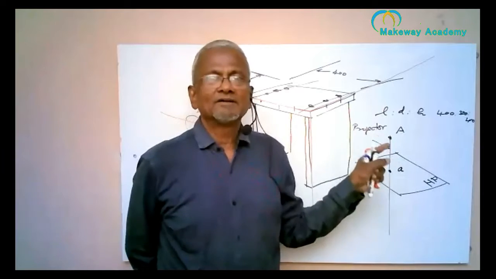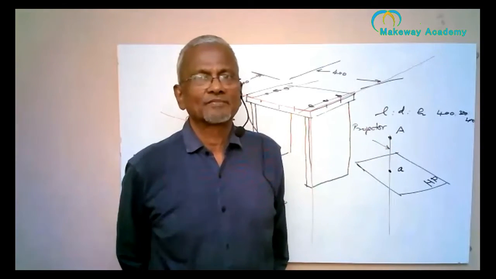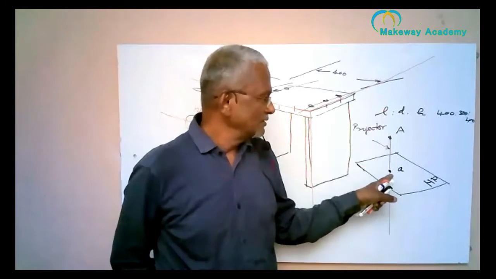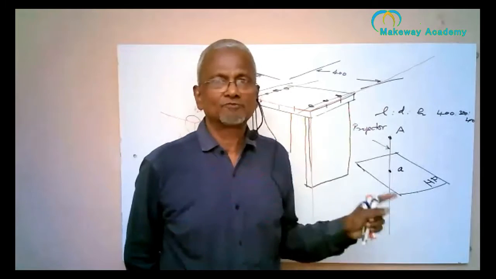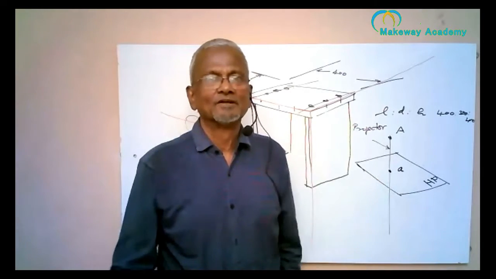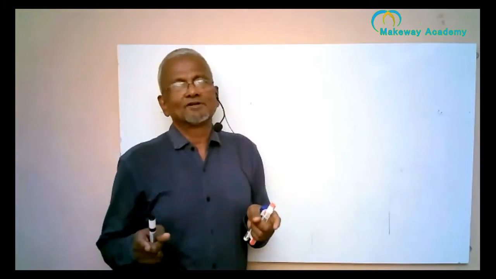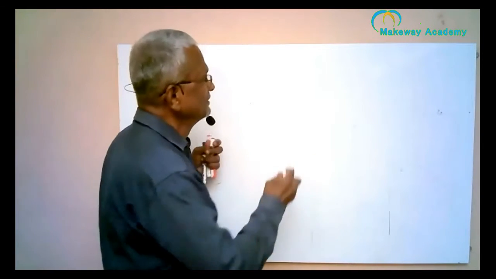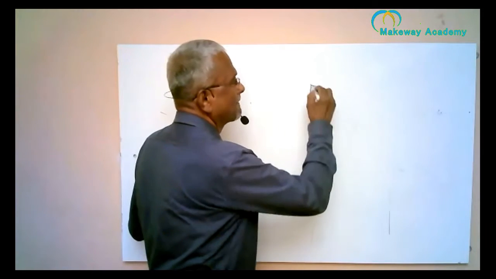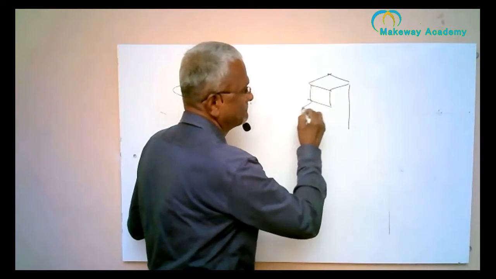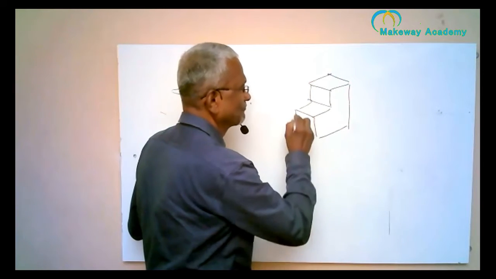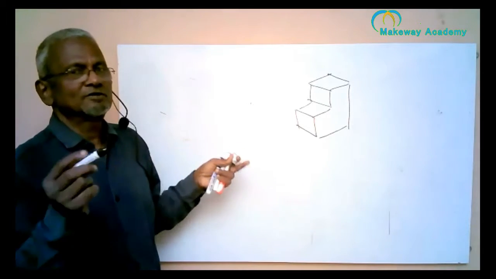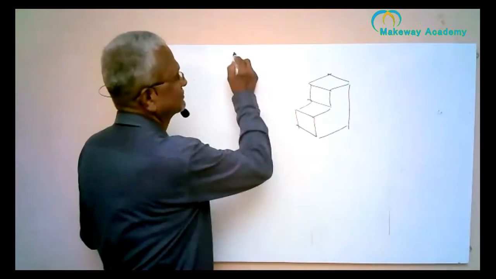Being a point, one projection is enough. All the information I need, I get from this one projection on the horizontal plane. But for a three-dimensional object, one plane is not enough. I'll tell you why. This is a three-dimensional object, a very simple object. So how do I get the projection? By drawing projectors. And I also need planes, so I use a plane.